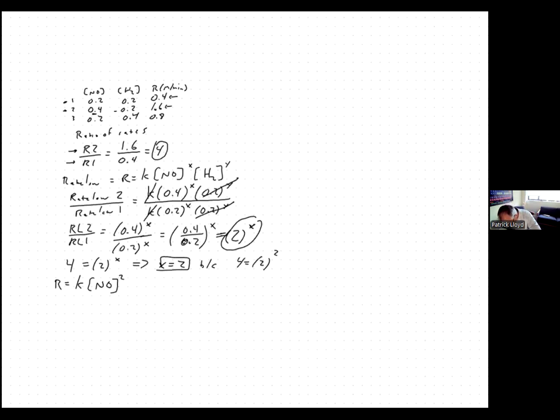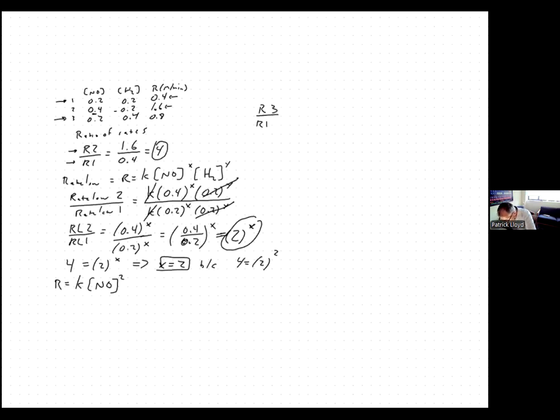I'm going to try to find two experiments where the concentration of hydrogen changes, but nitric oxide does not. If you look at this, it will actually work for experiment 1 and 3, right? Because in experiment 1 and 3, NO doesn't change, but H2 does. So again, I'm going to do the ratio of the rate that's bigger divided by the rate that's smaller. So I'm going to do R3 over R1,